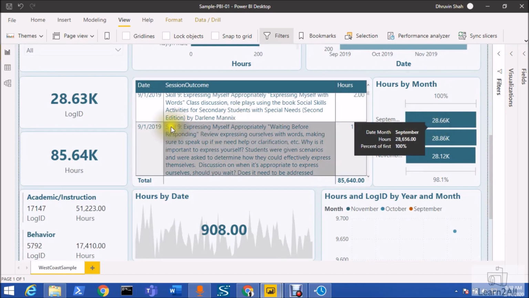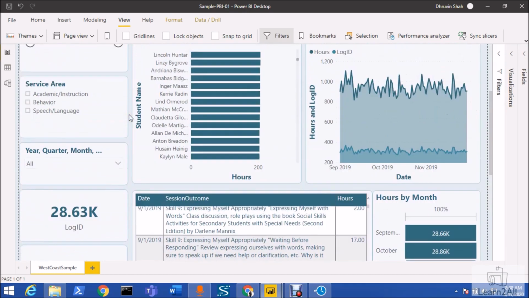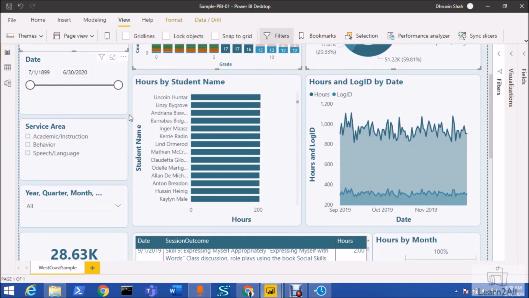Now one more thing, if your Power BI report has any grouping of the visualizations, so let's say you have grouped two or three visuals over here, at this moment it is not possible to select only a specific visual from that particular group. A rectangular lasso will select the entire group at once. So this is one thing that you need to consider.